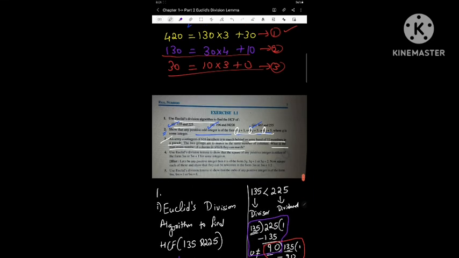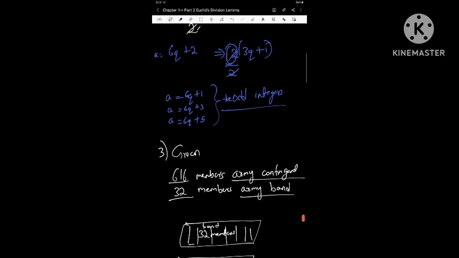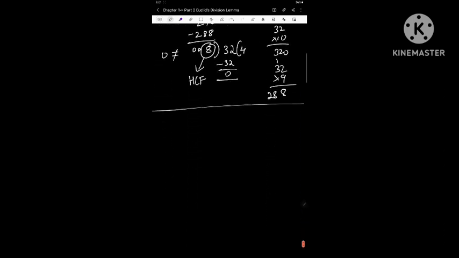So now let's move to the fourth question. First let's read the question. The question is, use Euclid's division lemma to show that square of any positive integer is either of form 3m or 3m plus 1 for some integer m. Okay, let's solve this question now. So the fourth question, they have asked to use Euclid's division lemma to show that square of any positive integer is of form 3m or 3m plus 1 for some integer